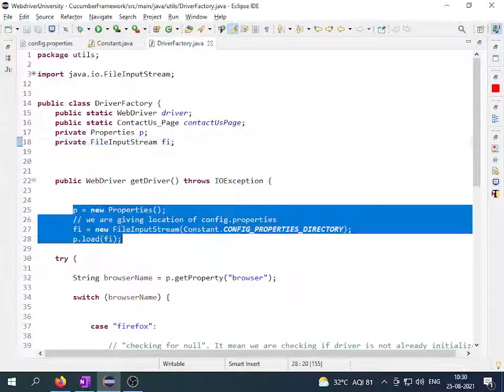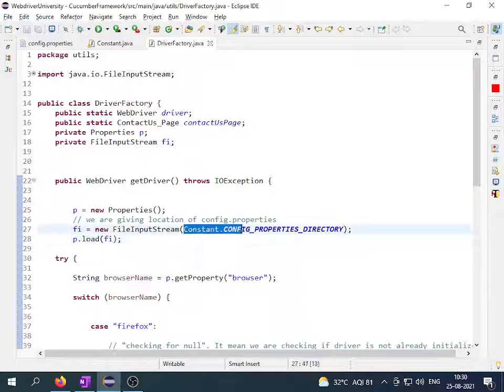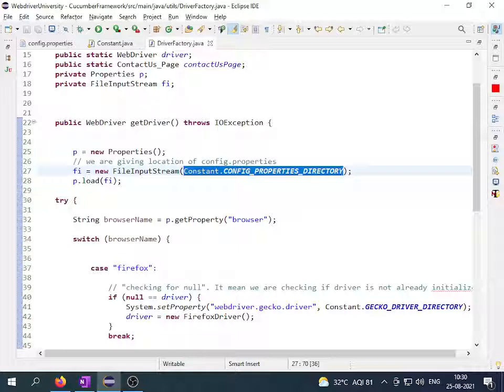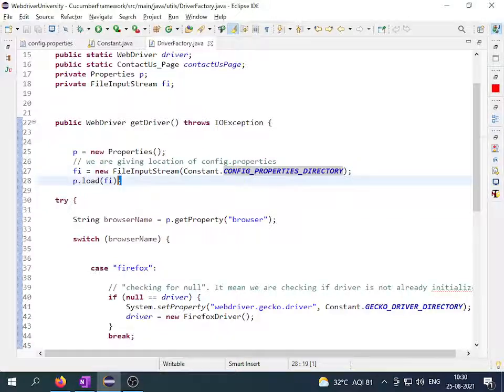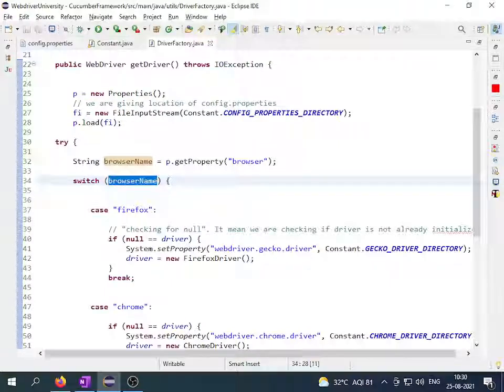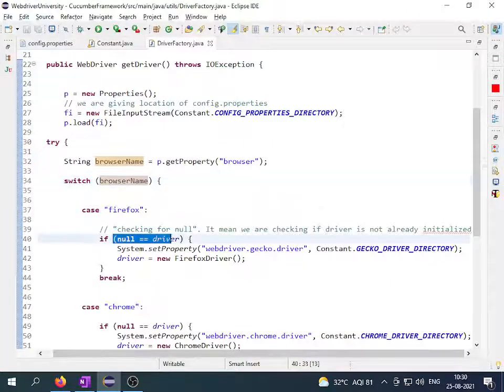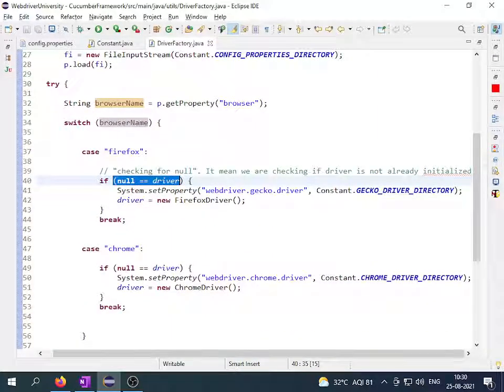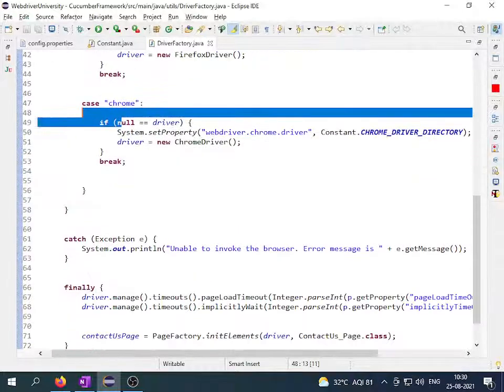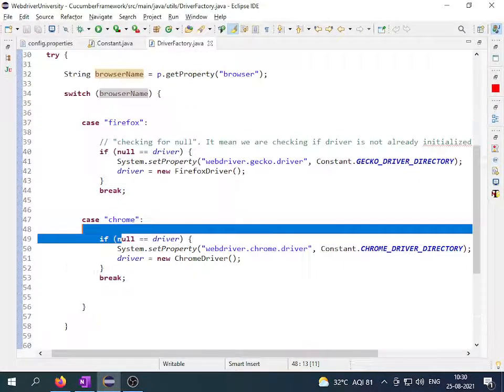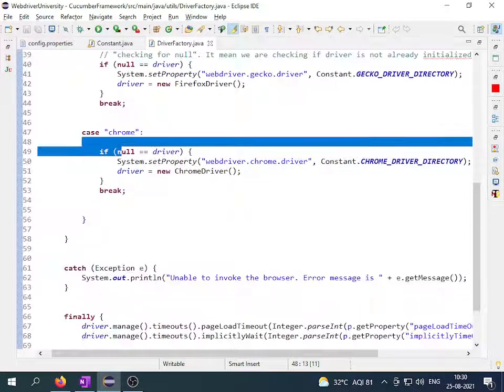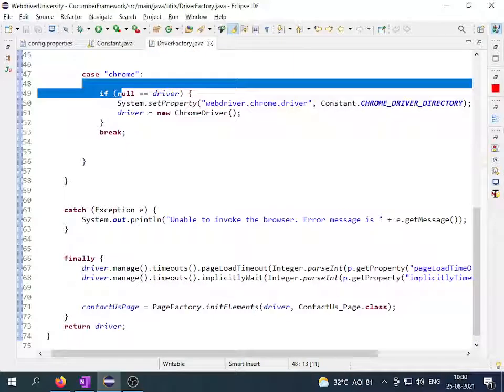As you can see here, it is calling the configuration, and then the values are being loaded, and we are checking the name of the browser, and the browser is getting invoked. It is checking for null because we are checking whether the driver has been initialized previously or not. The same thing happens in Chrome. If any of them are not working fine, then I want the exception to be caught here. And finally,